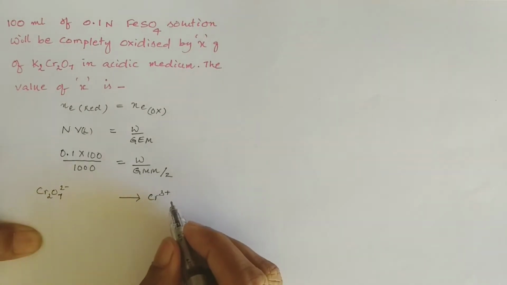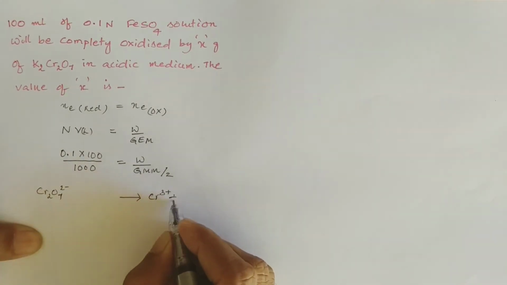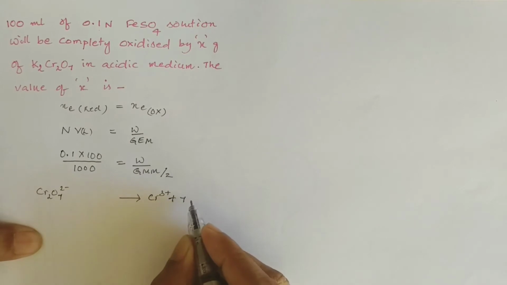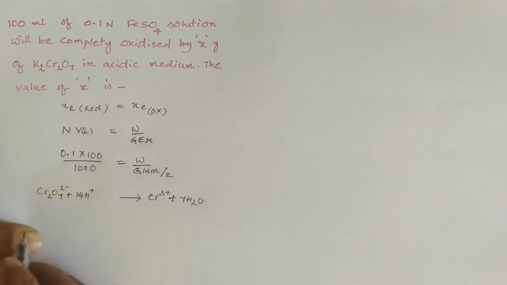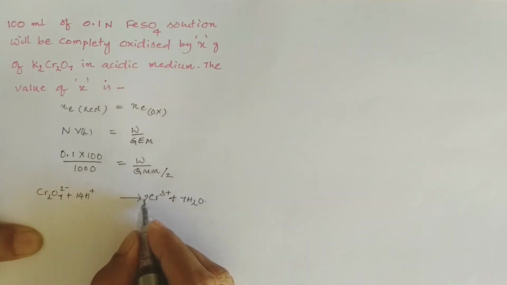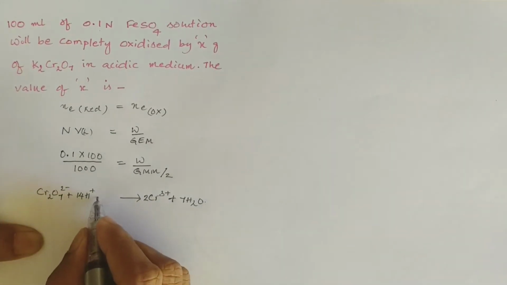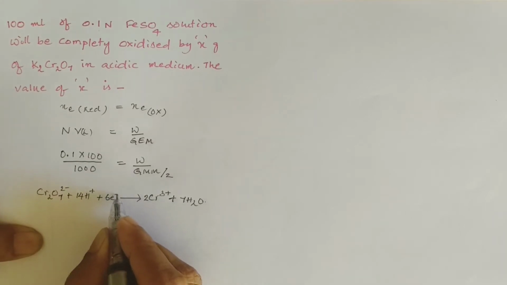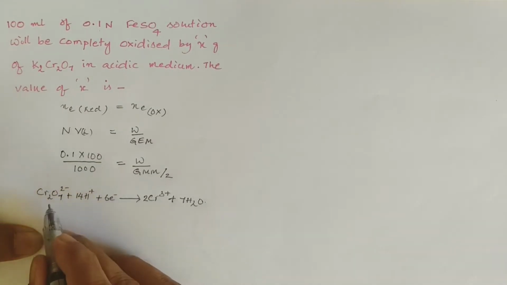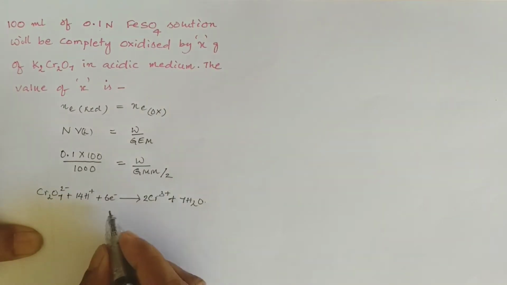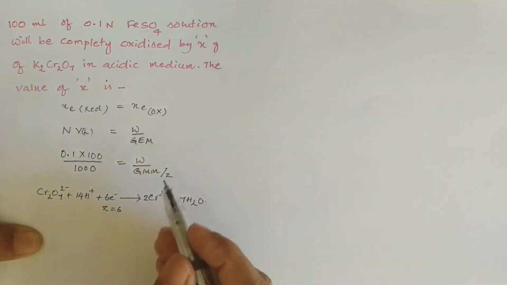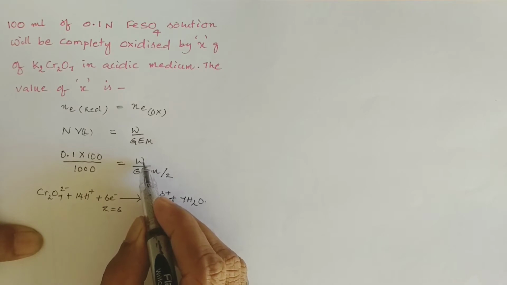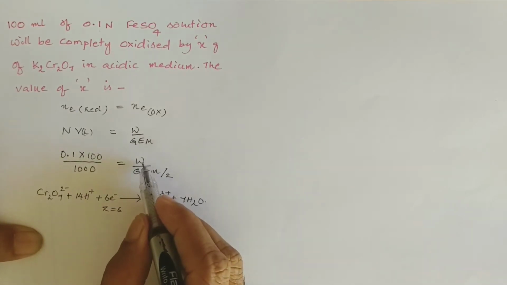Now balance this. In acidic medium, you can balance this equation by adding water on this side, and H plus ions on this side. So how many electrons are used here? 6 electrons are utilized. So 6 electrons are gained by dichromate. So here Z is equal to 6, right? Now substitute here, to calculate the mass of potassium dichromate